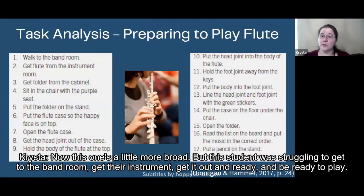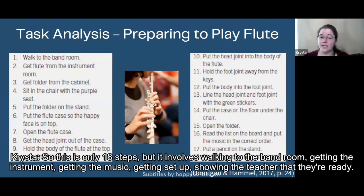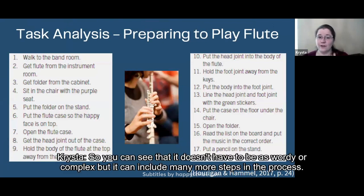Now this one's a little more broad, but this student was struggling to get to the band room, get their instrument, get it out and ready, and be ready to play. So this is only 18 steps, but it involves walking to the band room, getting the instrument, getting the music, getting set up, showing the teacher that they're ready. So you can see that it doesn't have to be as wordy or complex, but it can include many more